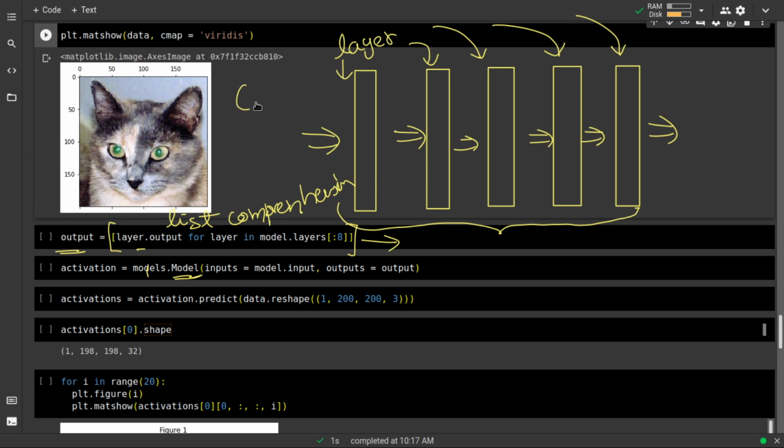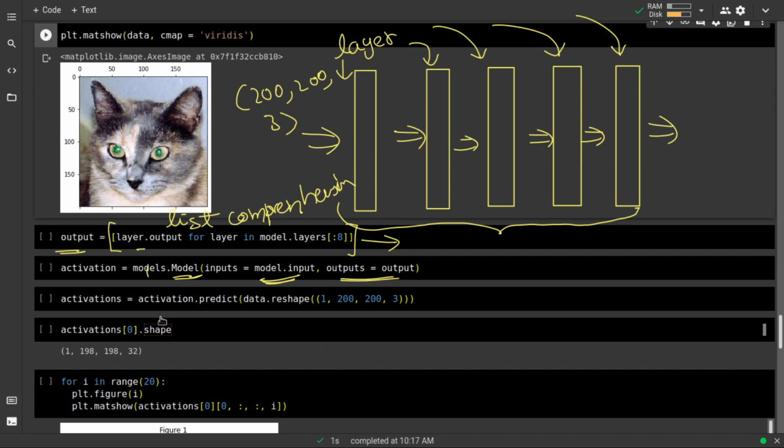So input is 200 by 200 by 3, so this is your input over here. Okay, and then we have outputs. So output is the list that we have prepared. So the disassembled layers are your output. So we are going to generate these outputs over here, the output of each layer.